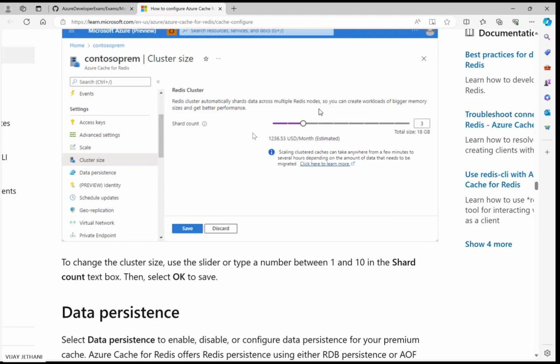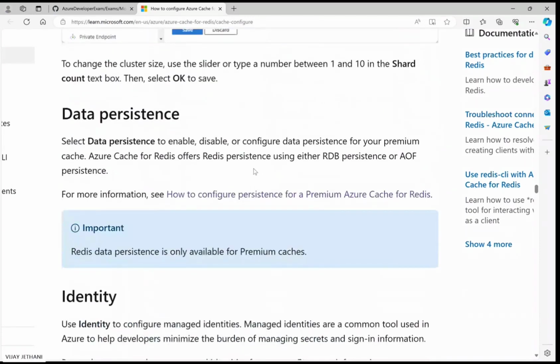So this is again on the shard. How do you shard, or how do you distribute the data or cache within that particular database? Okay, so